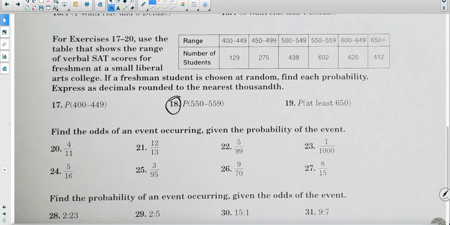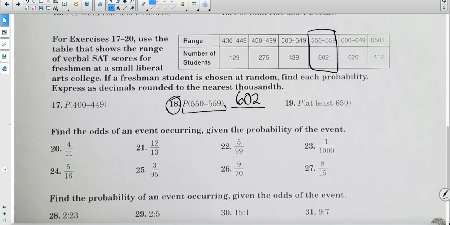Okay, so for exercises 17 through 20, we're looking specifically at, it should be 17 through 19. Use the table that shows the range of verbal SAT scores for freshmen at a small liberal arts college. If a freshman student is chosen at random, find each probability, expressed as decimals rounded to the nearest 1,000. Okay, so if we're looking for the probability of that range, so 550 to 559, we find on our table right there. So you'll have 602 students in that category,